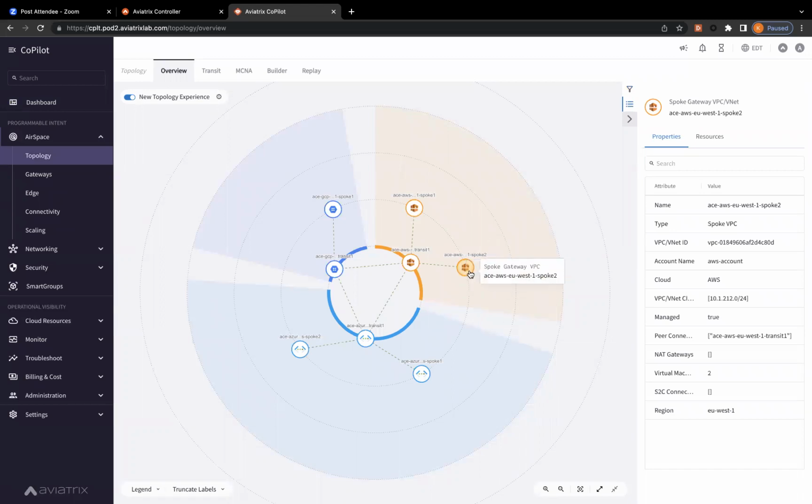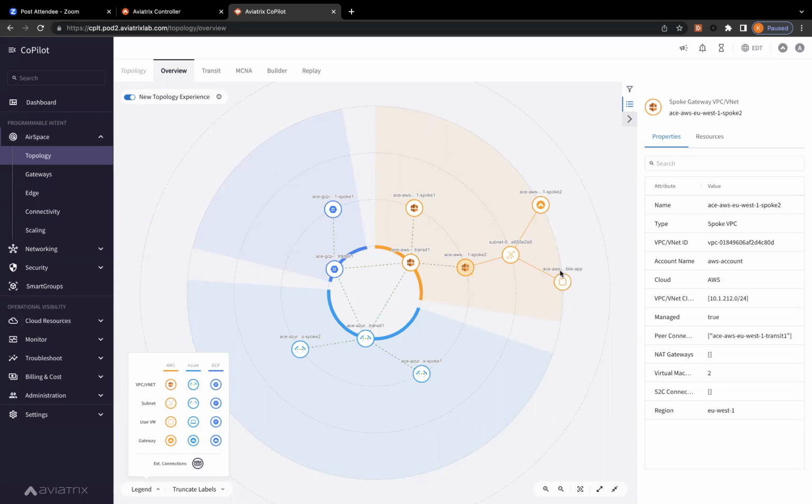Let's say this is a VPC in AWS, and if you want, you can see the legend, and it tells you that the VPC in AWS is this icon, the subnet in AWS. First, before we go there, the VNet in Azure is this icon, and the VPC in GCP has this icon. Now, if I expand one of these, you will see that there is a subnet, and you can see the user virtual machine,